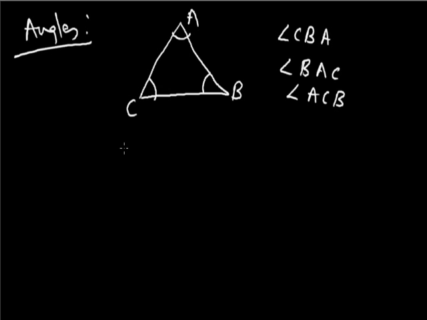So I think you are clear with all the three parts of the triangle: the line segments, which are also called the sides, the intersecting points of those line segments, which are also called the vertices, and the angles of the triangle, which are interior angles of the triangle. So these three constitute the elements of a triangle. There are three types of elements in a triangle. The basic elements of the triangle are of three types. The first is the sides, the second is the vertices, and the third is the angles.